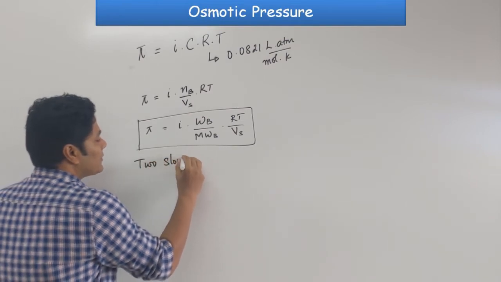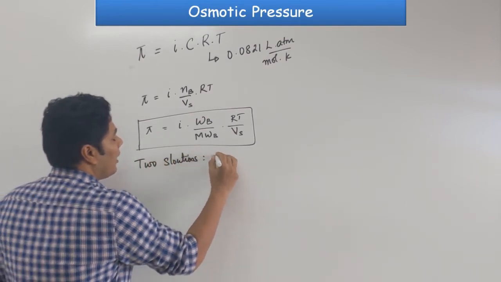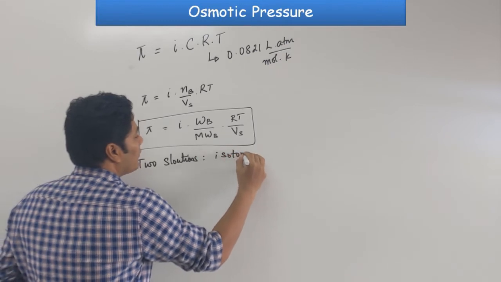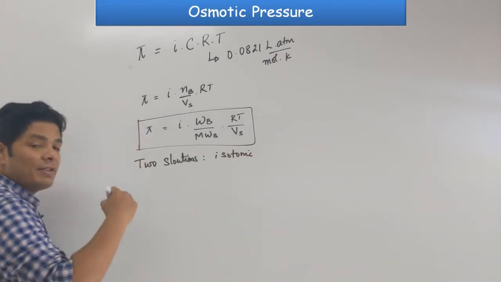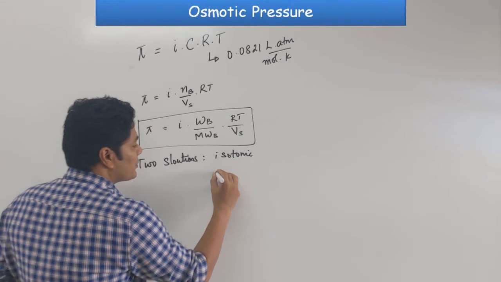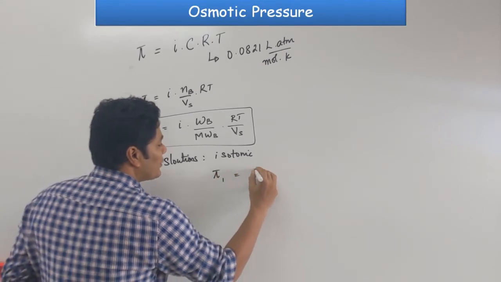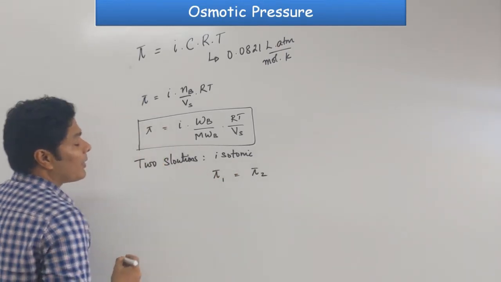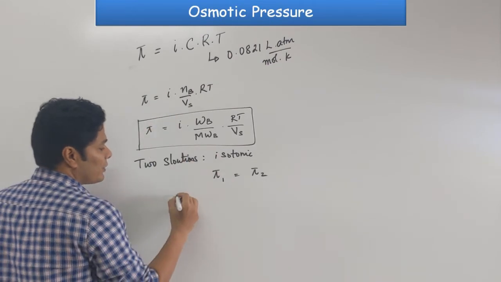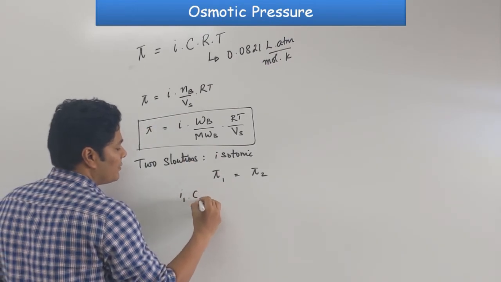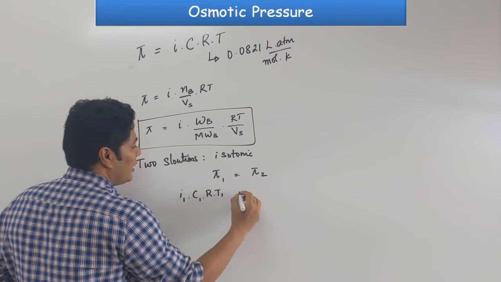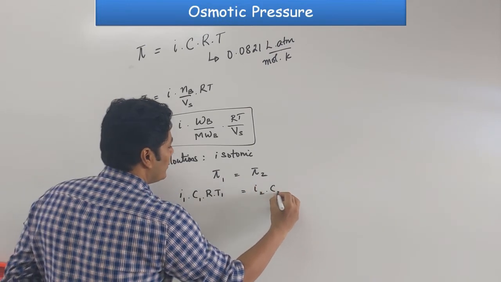Now, another question they can ask you is when two solutions are isotonic. A lot of the time you get this question. They have the same osmotic pressure. So, pi of first solution equals pi of second solution. I am going to use the formula i1 C1 R T1 equals